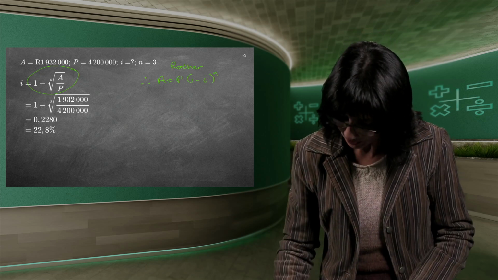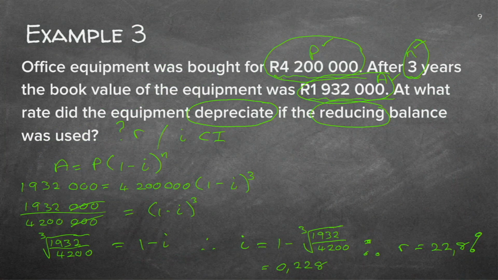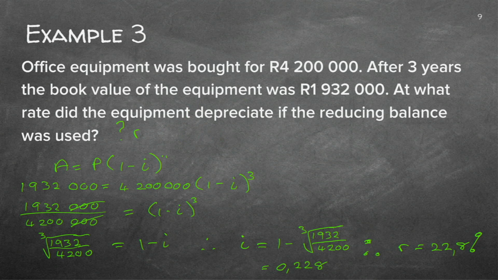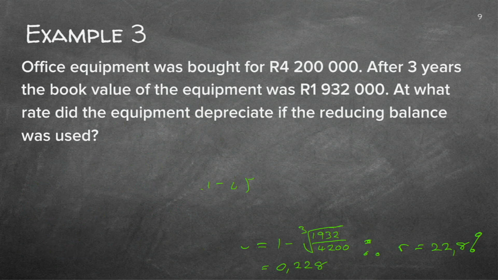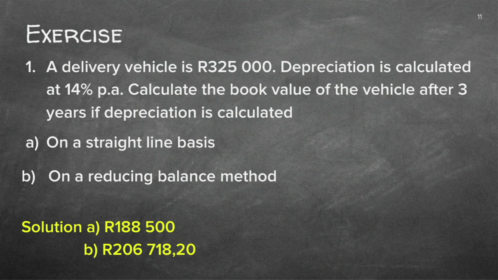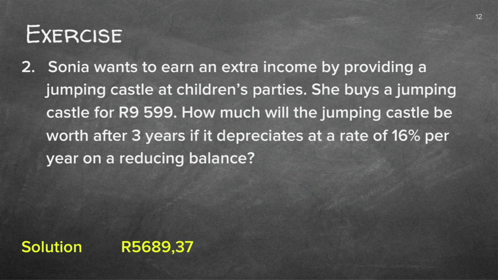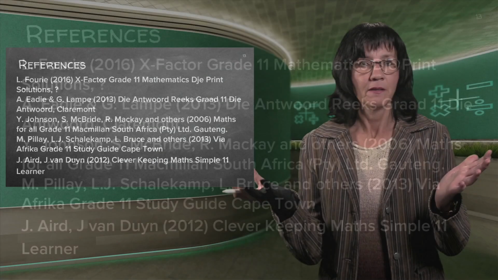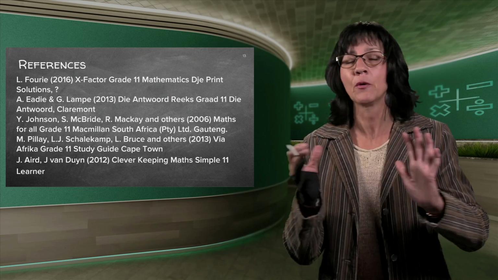Good, but I'm going to just go back to the previous one. And I'm going to take off all of this because you need to not check anything that I've done. You need to have all these steps in your mind, and that is what you need to practice. The answers are not important. What is important is the method that you are using to get there. Good. And then there are 2 pages that you can practice. Pause them. Take a piece of paper. Do them carefully. Make sure you get to the answers, the yellow answers that's at the bottom. And then you should know everything we've done.